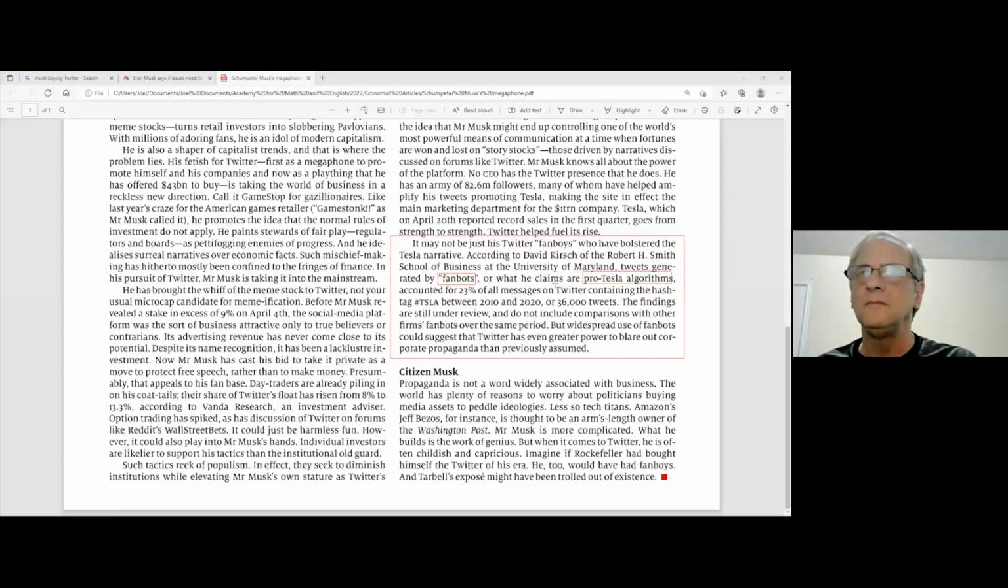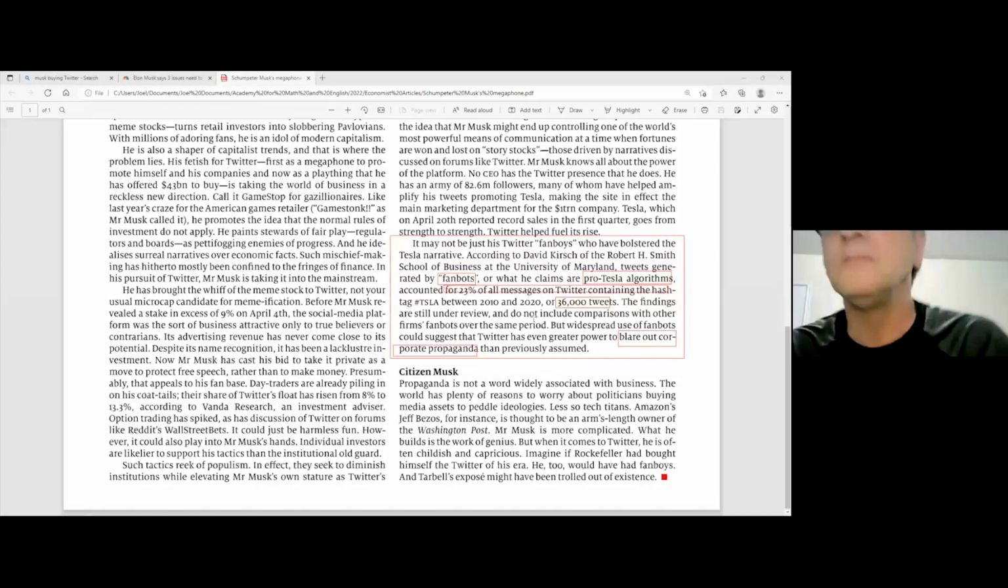It may not be just his Twitter fanboys who have voiced the Tesla narrative. According to David Kirsch of the Robert H. Smith School of Business at the University of Maryland, tweets generated by fan bots, or claims are pro-Tesla algorithms, accounted for 23% of all messages on Twitter containing the hashtag TSLA between 2010 and 2020, or 36,000 tweets. The findings are still under review and do not include comparisons with other firms of fan bots over the same period. But widespread use of fan bots could suggest that Twitter has even greater power to blur out corporate propaganda